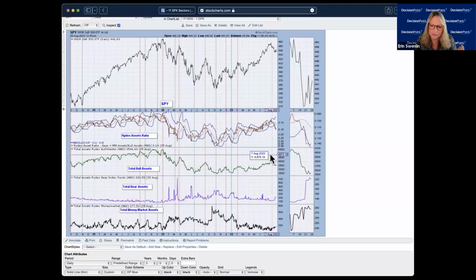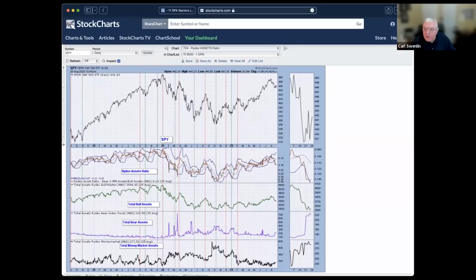And you can see certainly we are getting that move out of those bull and sector funds. And we are seeing an increase in those bearish funds here and the bear assets, and even a little bit here on money markets. So people are starting to get more bearish. It took some time, and maybe that's why we're seeing a little bit of a relief rally here, because we do have a lot of bearish participants out there.